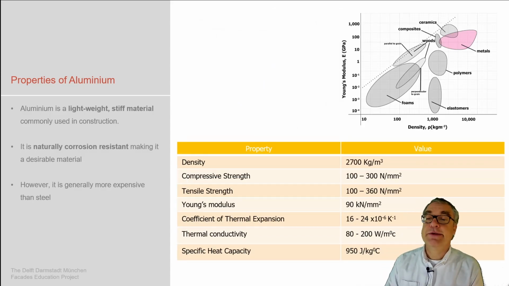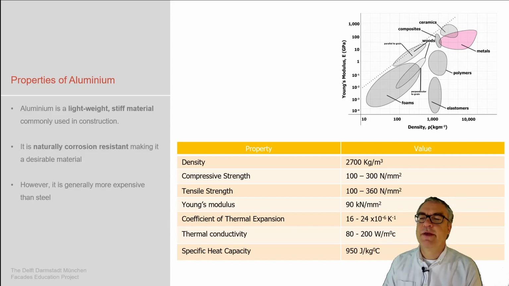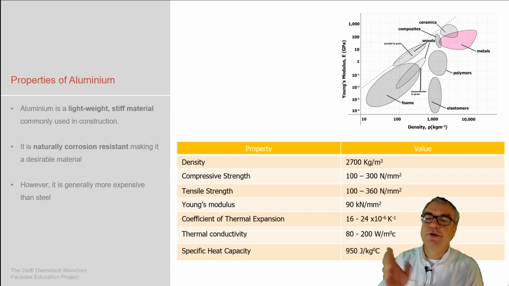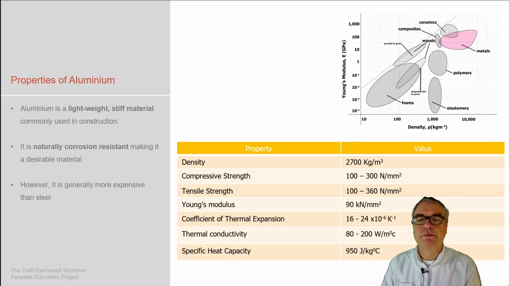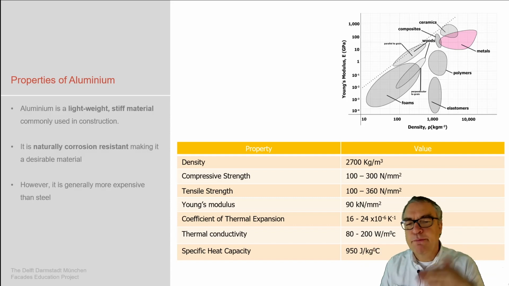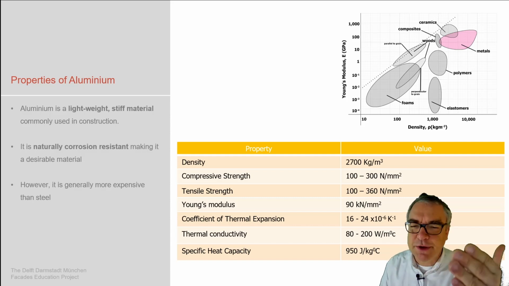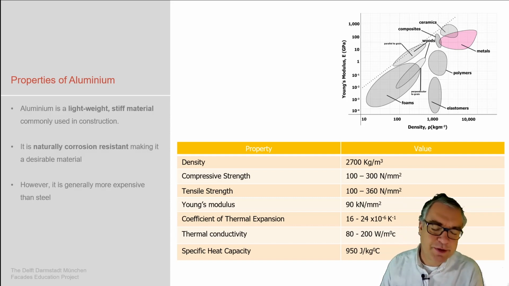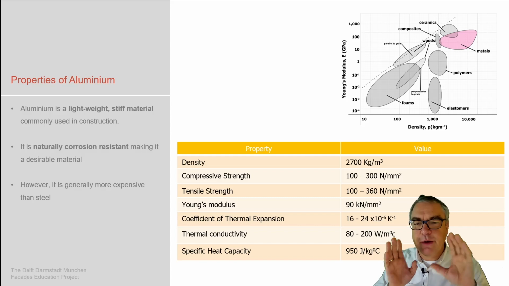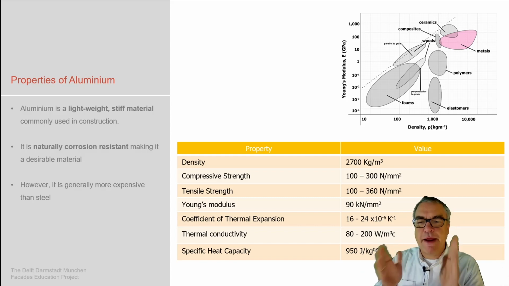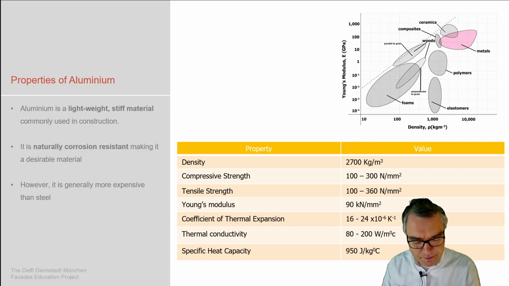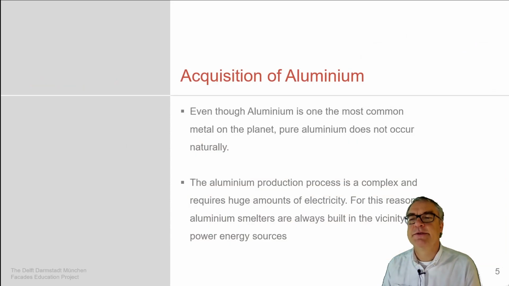Which brings us to this slide: compressive strength, tensile strength, Young's module, thermal conductivity. Thermal conductivity is close to the one of steel: not that good in transporting energy, perfect. Good in transporting energy, but still transporting energy quite well, which leads us to the situation that we need to at some point have a thermal break between the inner and the outer layer. We will see that later in this system.